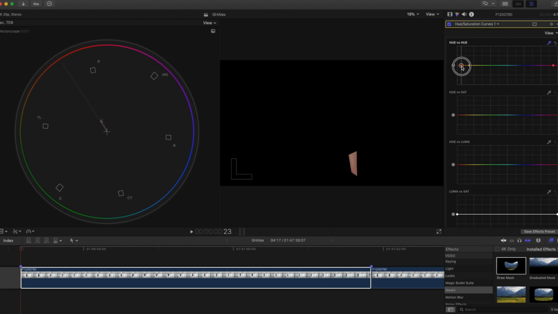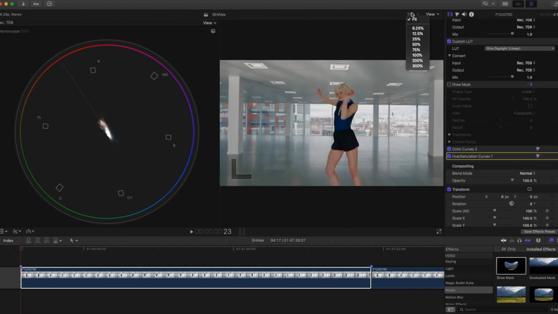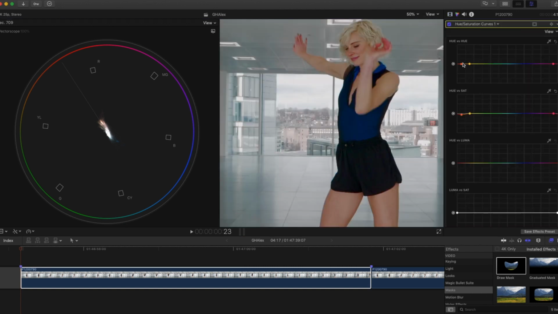So I won't do that too much, but I'll go about there. Also because we impacted the saturation, I'm probably going to do the same and bring that down a touch. Something like that. And from here it all just comes down to personal preference. So you've seen the tool there where you can isolate skin tones and make them more yellow, take out the redness. You could do the same with saturation,